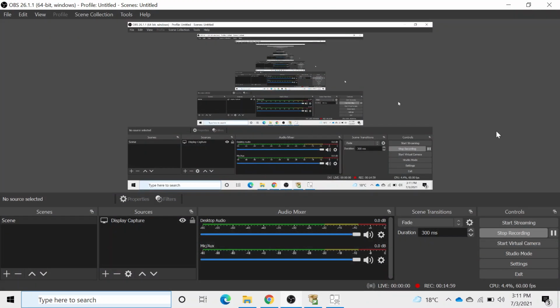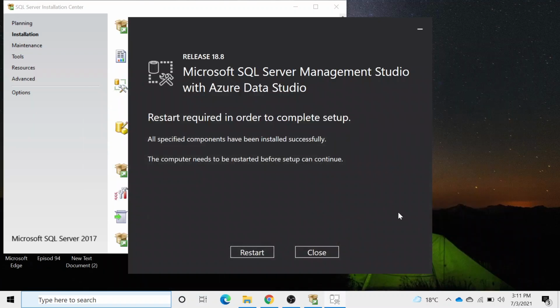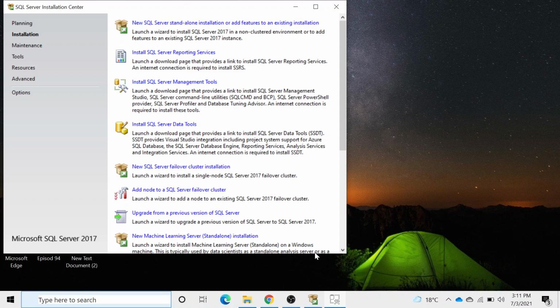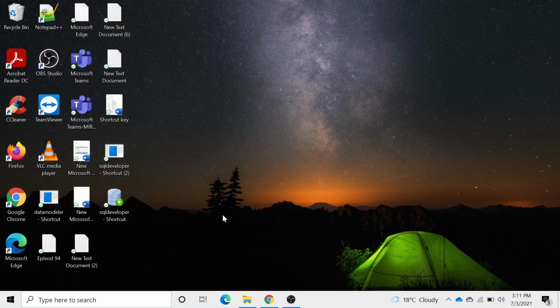Okay, so my third software has been installed successfully. Then after that you click the restart button to make the software work successfully. So I'm gonna close this one, and I'm going to show you the 3 software that have